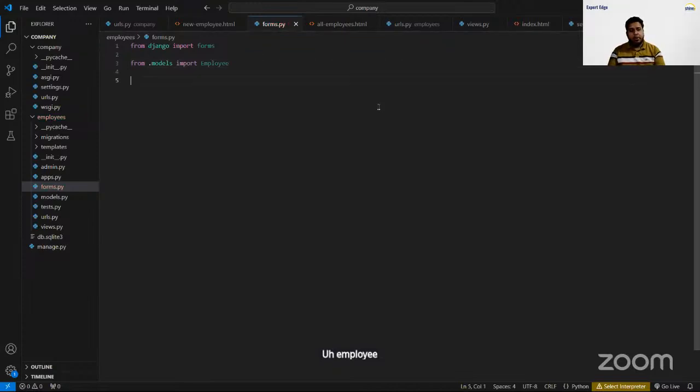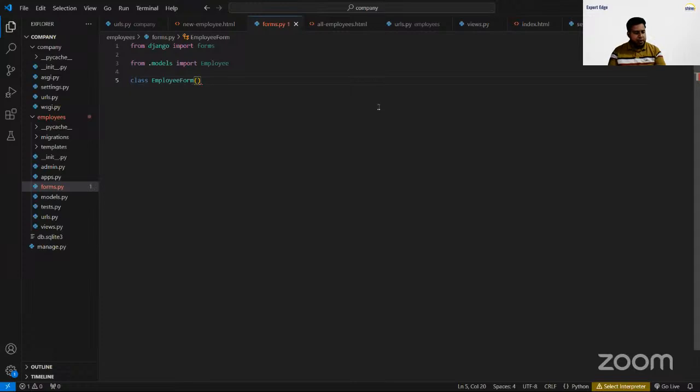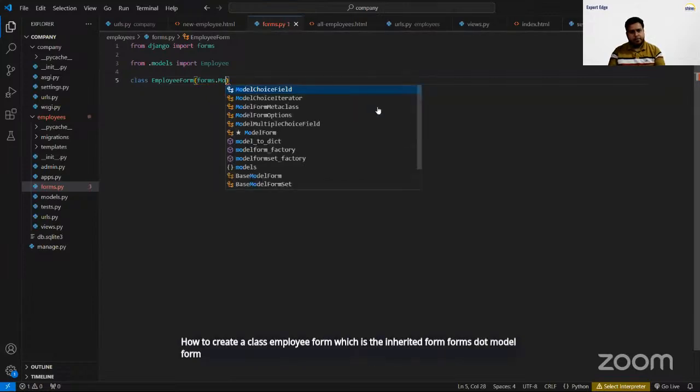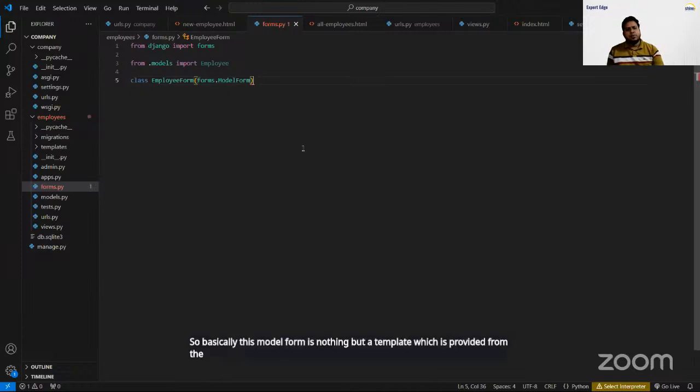And then I will have to create a class EmployeeForm, which is inherited from forms.ModelForm. So basically, this ModelForm is nothing but a template which is provided by the forms module in Django. So we are going to